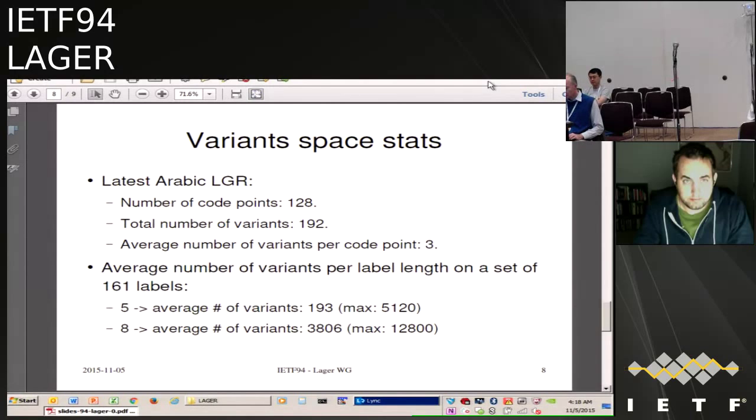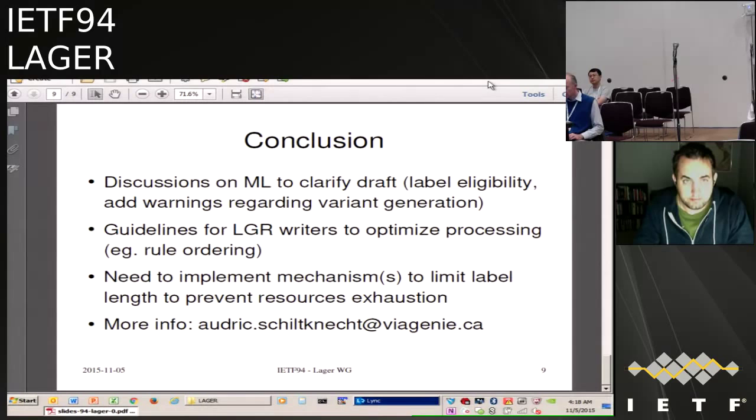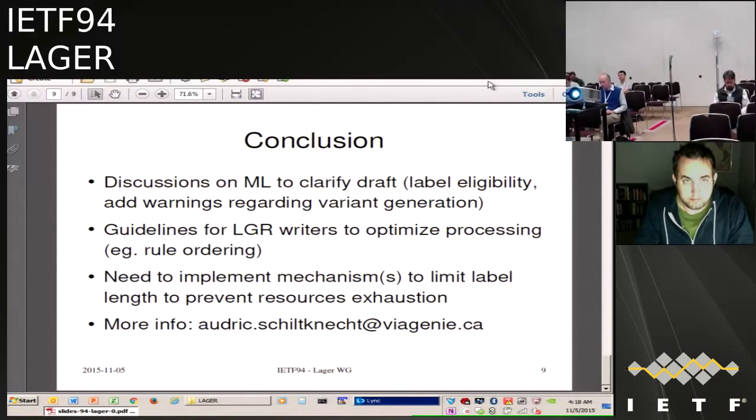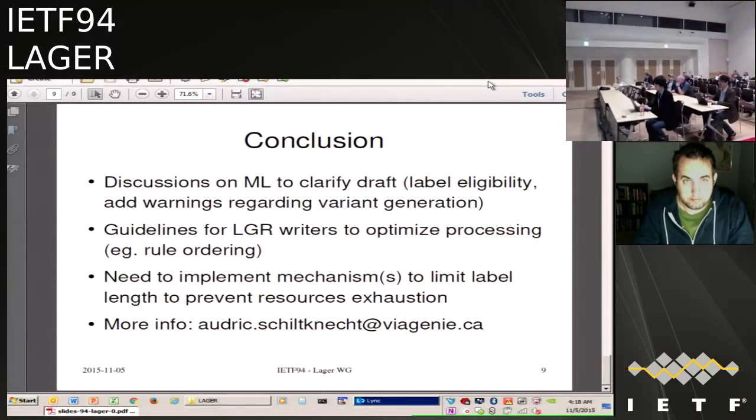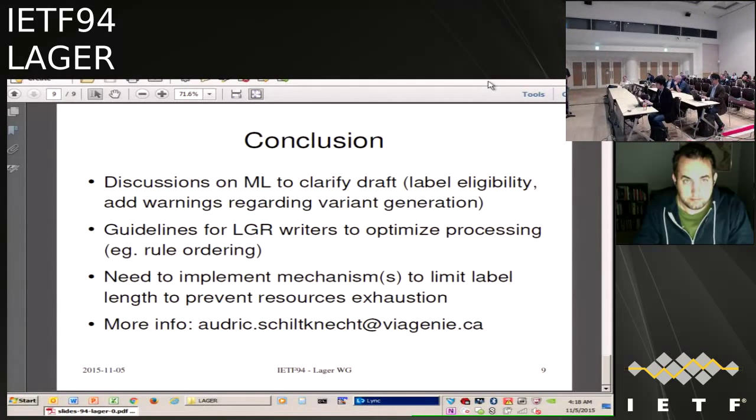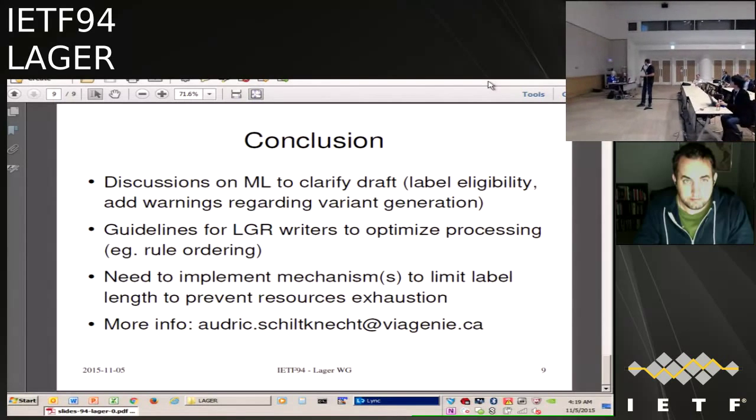Next slide, please. So as a conclusion, in the last month, we have seen some good discussion on the mailing list about the issue and about some clarification to bring to the text, which I think should help new implementers now to have a better understanding of what is to be done in such cases. I think that maybe one of the additions would be, I didn't say anything before because I'm not sure of what would be the good way to do that, to implement some guidelines for LGR writers, for example,